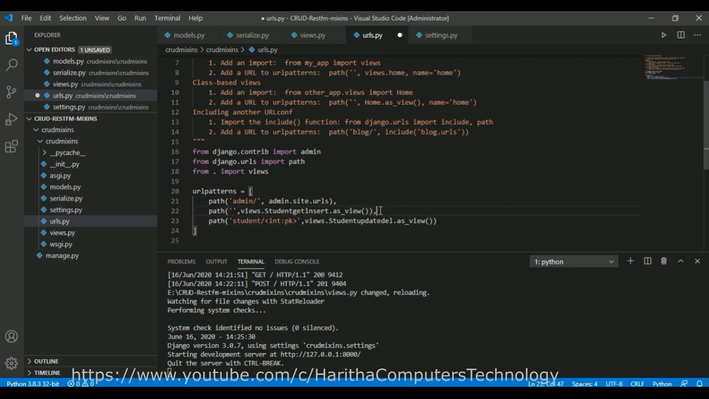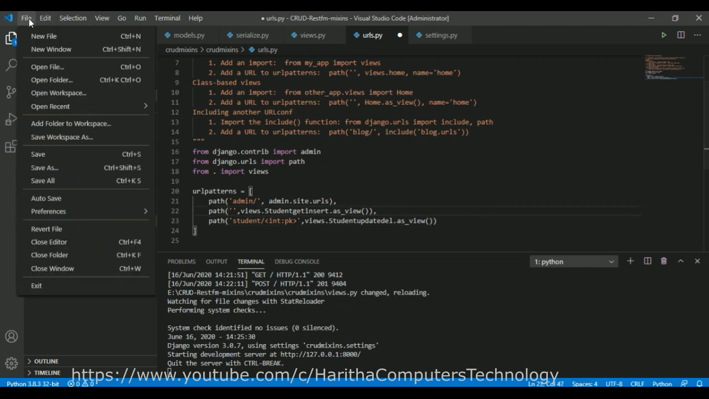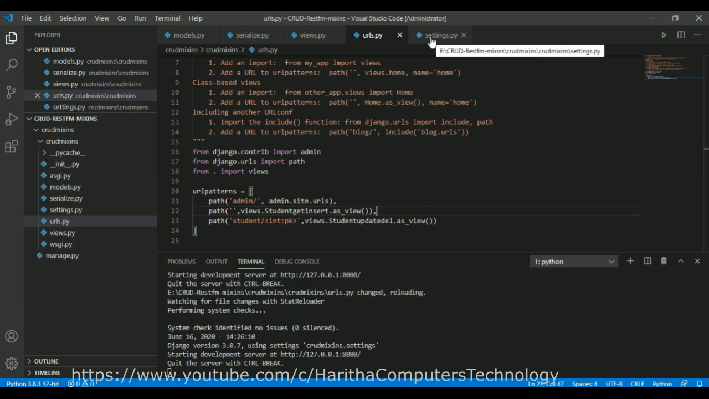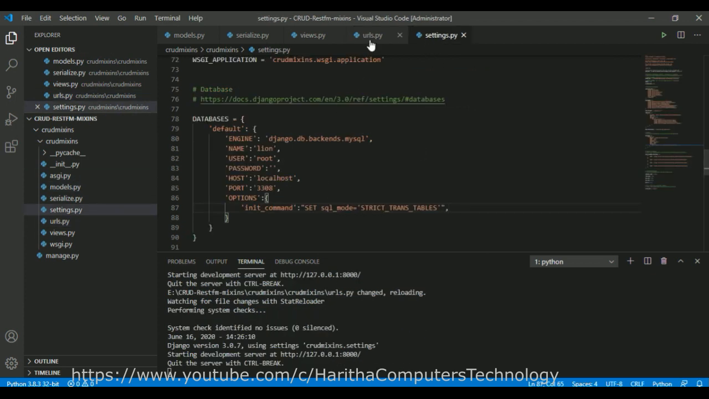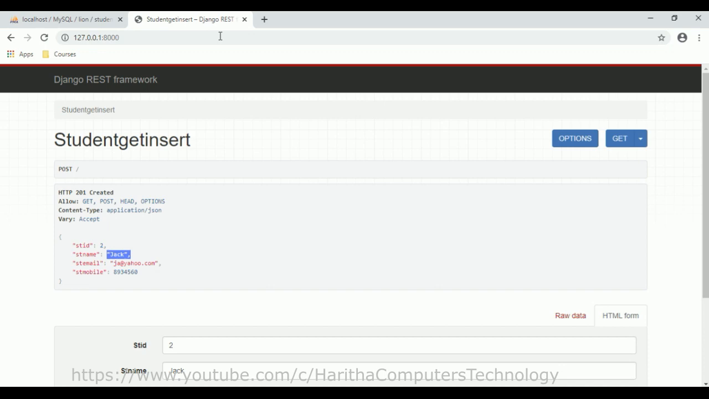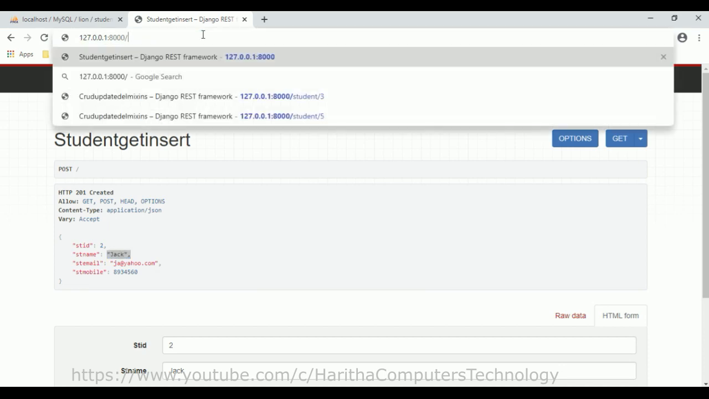We need to add a comma here, otherwise we'll get an error. Let's save this file, save all, and we don't need to change anything in the settings because we have already done that. Now after saving this file, we don't have any issues. Now let's copy this one, student, because this is our path right now to update and get the particular employee